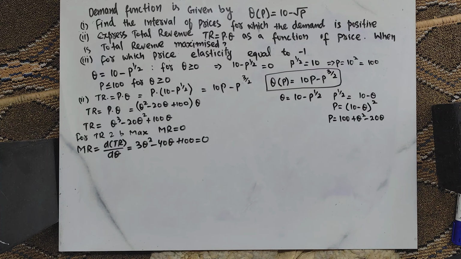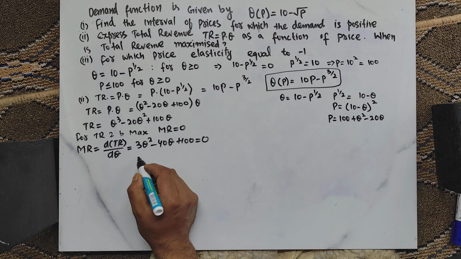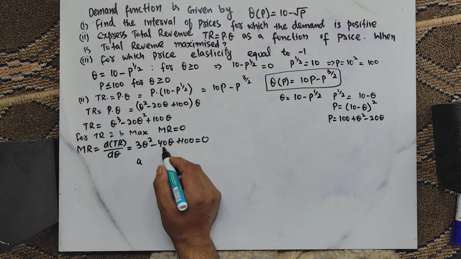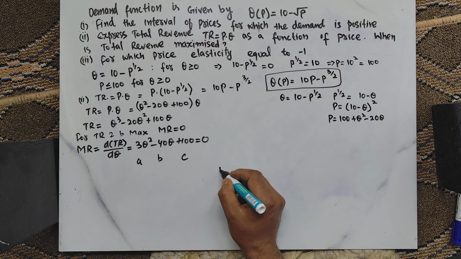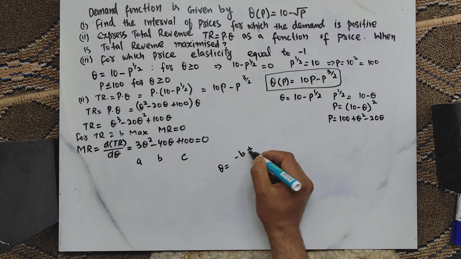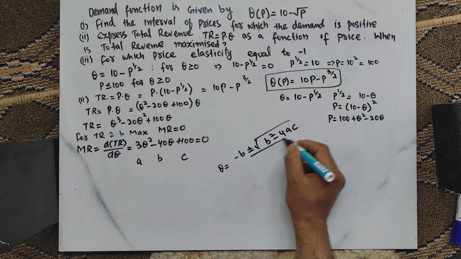Since this is a quadratic equation, let us solve it using the quadratic formula. The coefficient of Q square is 3, let us say it is A, the coefficient of Q is negative 40, let us say it is B, and we have the constant term C. So we know how to solve. Q will be equal to minus B plus minus square root of B square minus 4 times A times C upon twice